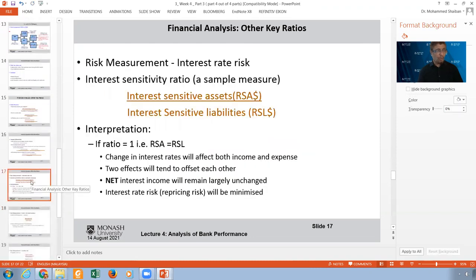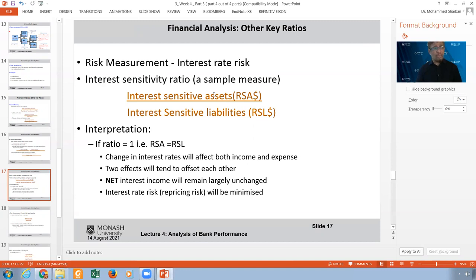The higher, the better. Okay. Now, this is our friend, and we have studied interest rate risk: interest rate sensitive assets over rate sensitive liabilities will tell us something about the interest sensitivity. I think we know that if the ratio is 1, that means rate sensitive assets equal rate sensitive liabilities. So I cannot tell you at this stage whether this ratio should be higher, lower, or 1,